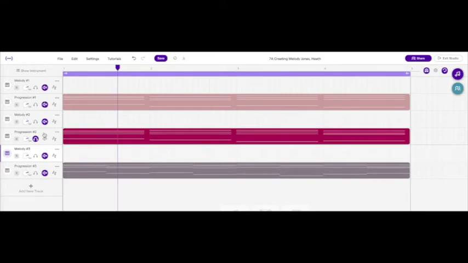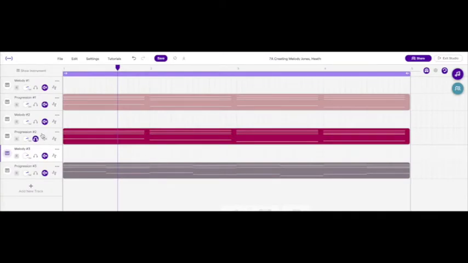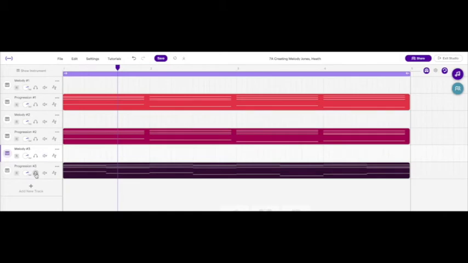You can let it loop if you'd like to listen to the progression more than once. Pause the video now and listen to progression number 2. After you listen to progression number 2, click on the solo button again, then move down to progression number 3